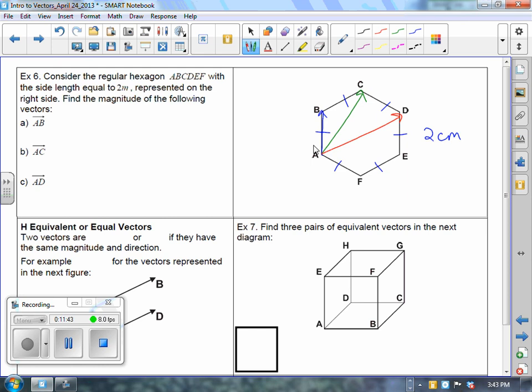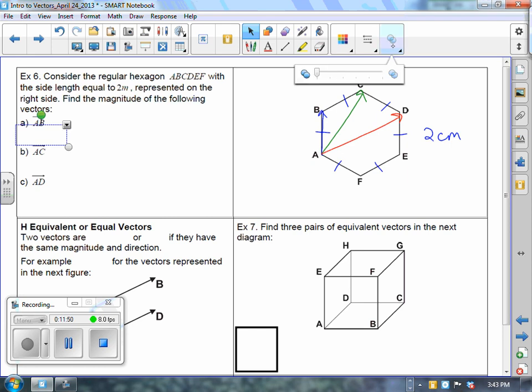Okay, so I think it's very straightforward. AB, quite obviously, is simply the length of side AB. So we have 2 meters as the magnitude. But what you're going to have to consider now is perhaps some additional mathematics that would be required to determine